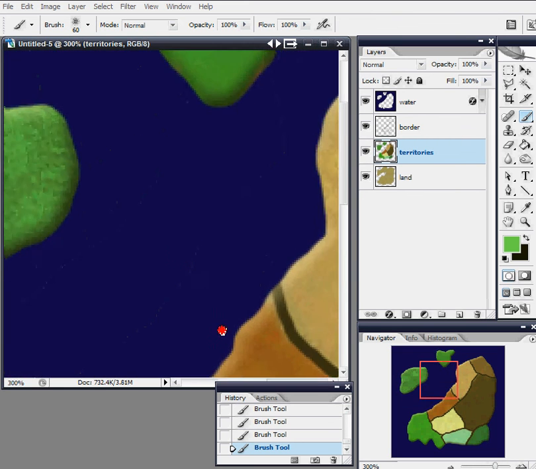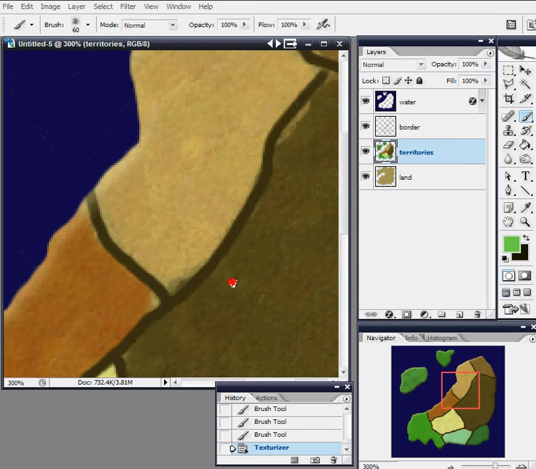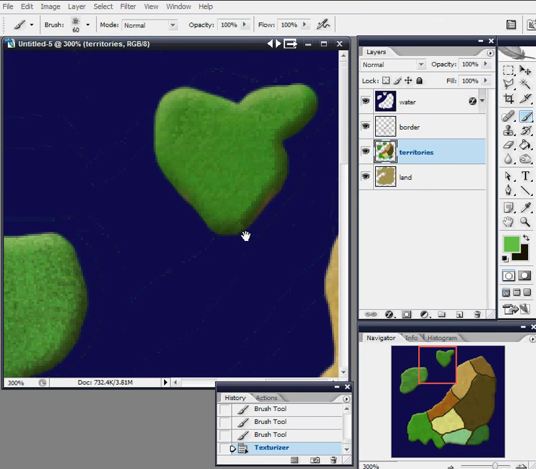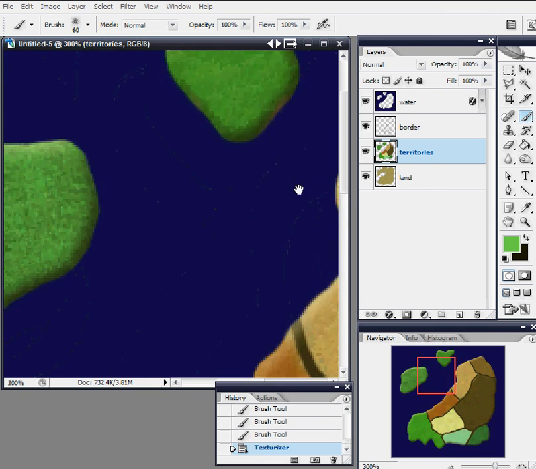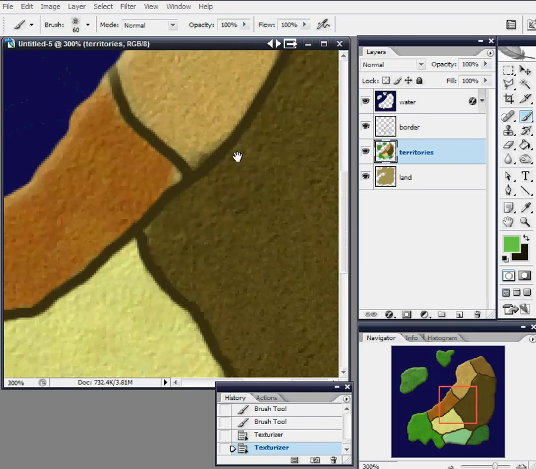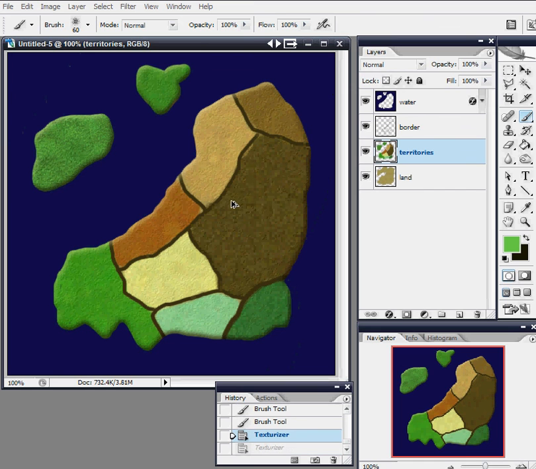Now the same thing with before, we're just going to apply the exact same sandstone texture. I just did Control F to do that. And as you can see, they are all texturized. Now if you want to hit Control F again, it'll just sort of increase the relief. But I think that's getting a little out of control right there, so I'm going to go back on that. So that concludes the second part, borders and